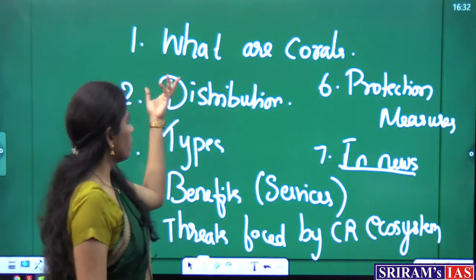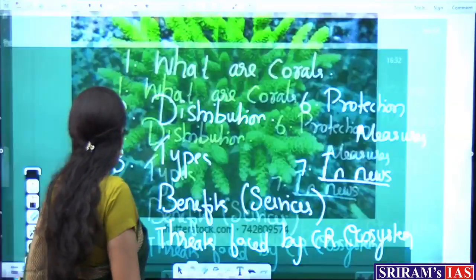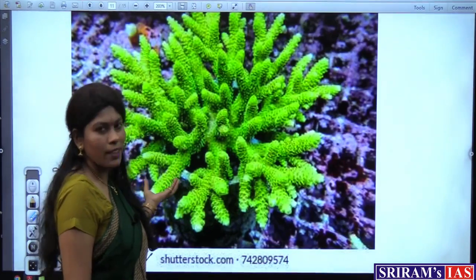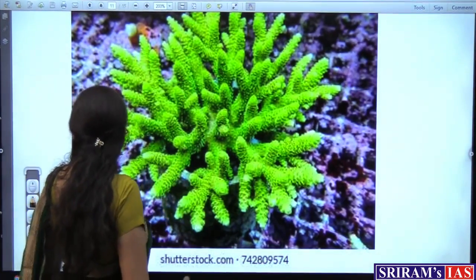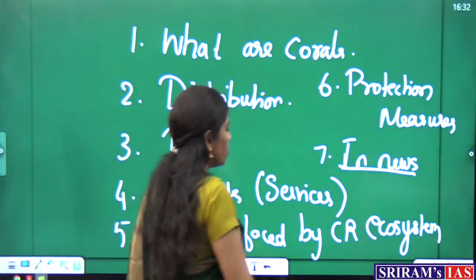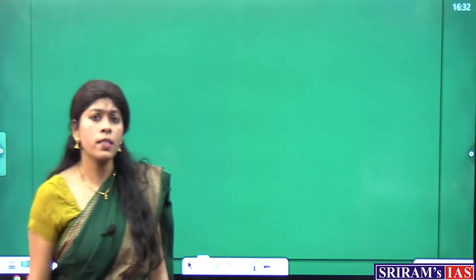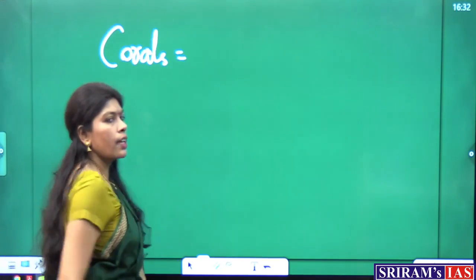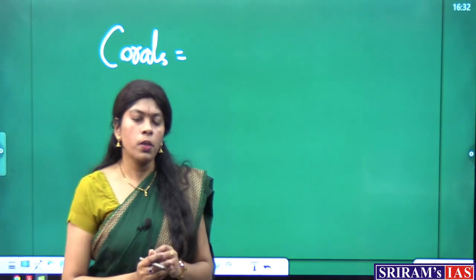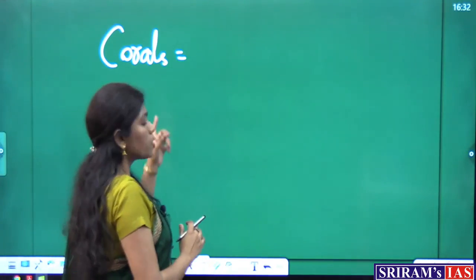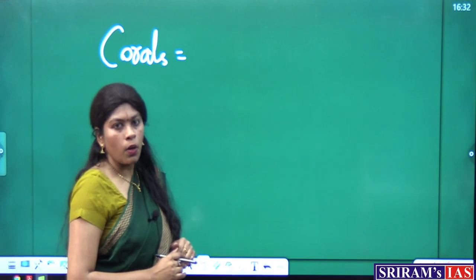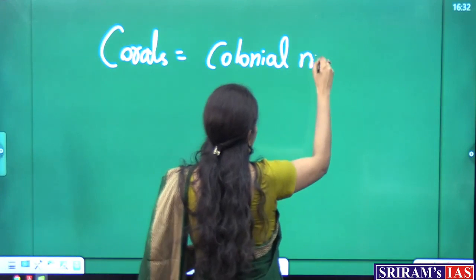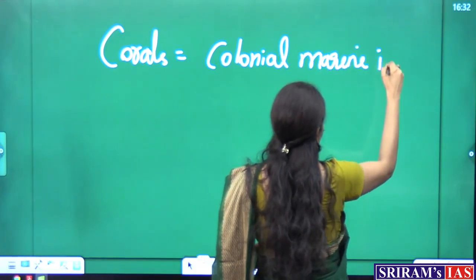So first we will begin with what corals are. As you can see, this lively beautiful organism is coral. I have given only one coral here, but you will notice a group of corals in different colors. So what are corals? Always when you are writing or studying, make short notes like this. Corals are underwater structures composed of skeletons of colonial marine invertebrates